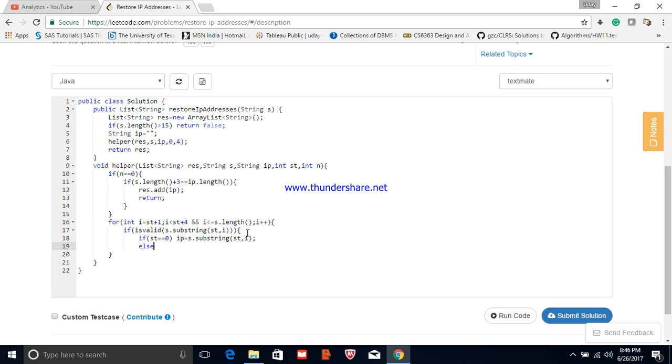Else we will have IP equal to IP plus dot